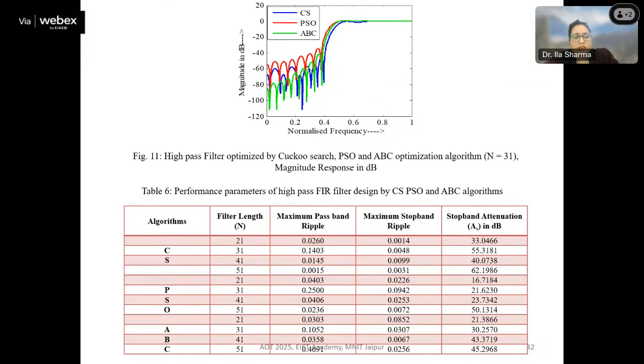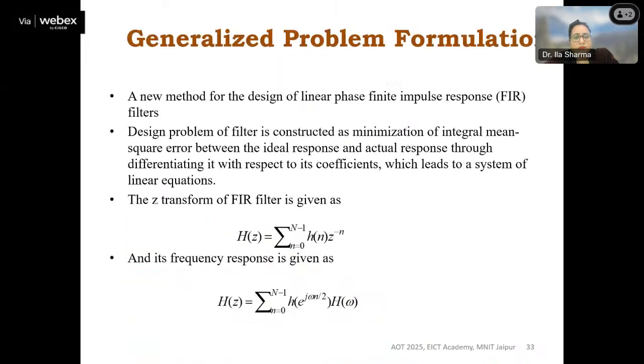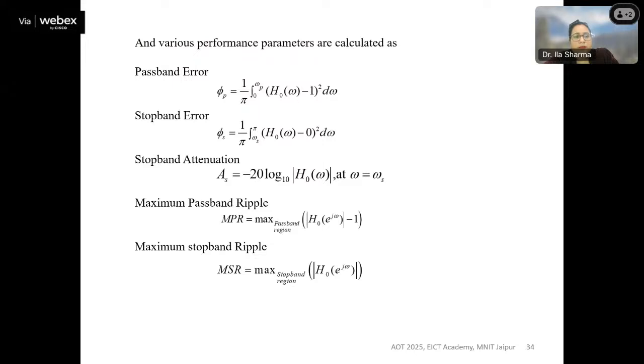So these are some of the results. Once you have computed your magnitude response, for verification of whether what you have computed gives significant results, particularly in your filter design, there are some parameters for calculating. Through those we can compare. In my case, I have shown you the figures where the magnitude response is generated from 5 different optimization algorithms.